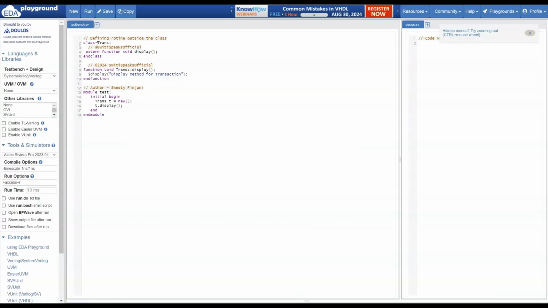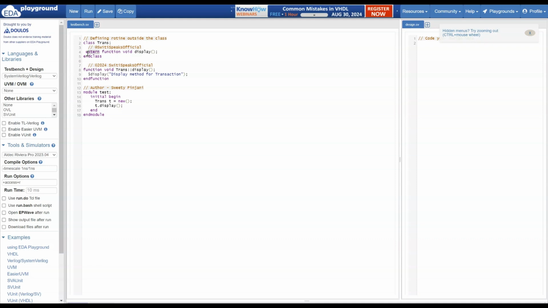This is code where I am defining the routine outside the class. Let's understand it. I have a class transaction in which, as I said, we have to use the extern keyword. The extern keyword says that this is just the prototype I have now, but the actual body of this particular routine is going to be present outside the class.